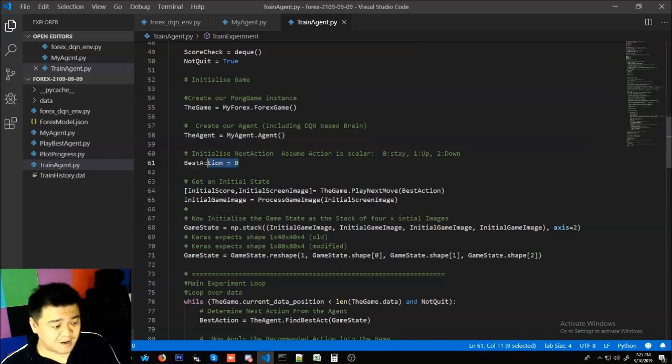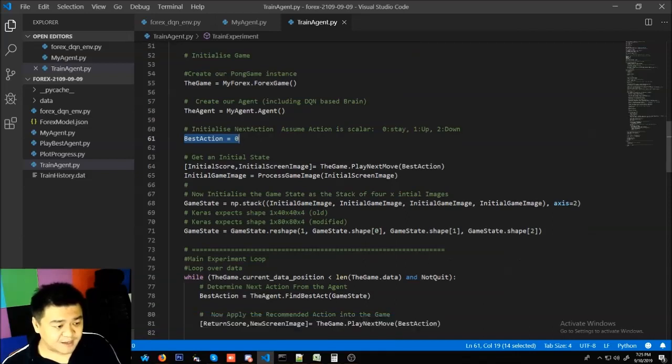Moving on, we also have the best action set to 0. Okay, the values for this best action will later on be predicted by the agent, and right now it's just an initial value for us to have something to start with. Okay, and then we play a next move based on that best action, which is right now 0,